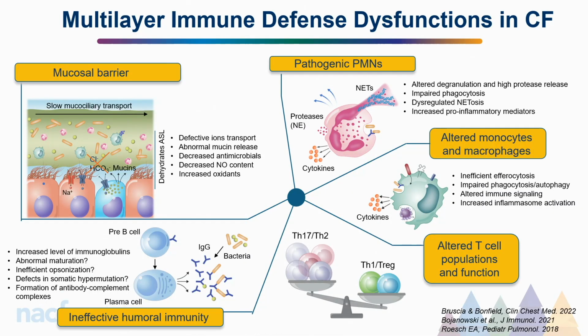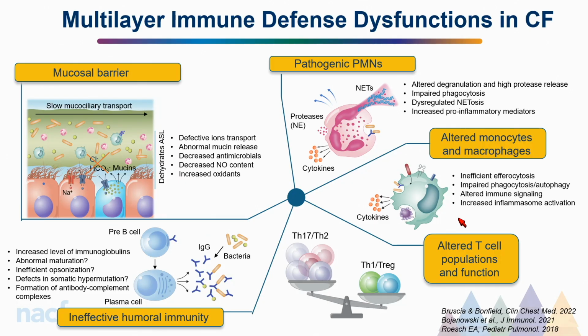So, we know a little bit about the immune dysfunctions that are associated with CF. Of course, the mucosal barrier, the major innate immune defense that we have, is extremely compromised in the absence of CFTR. I would argue that this is probably the aspect that is more addressed by CFTR modulator therapy. But when we think about the immune cells, we have dysfunctions that we have discovered over the years